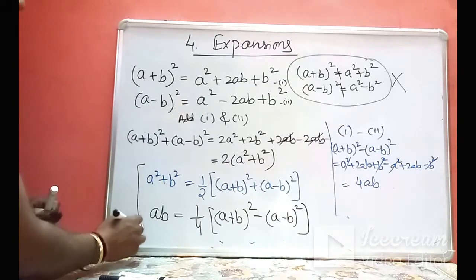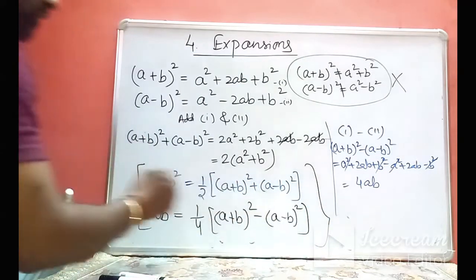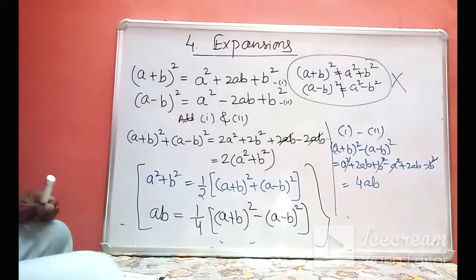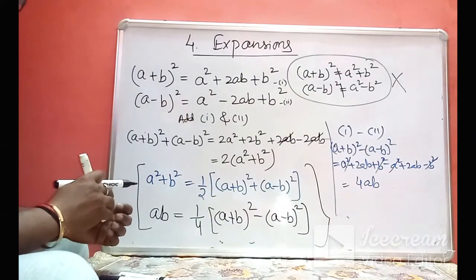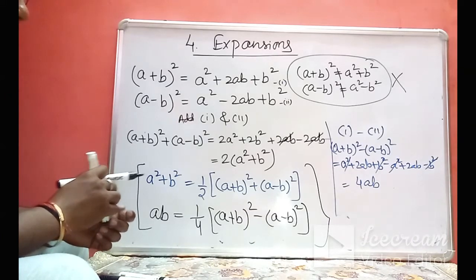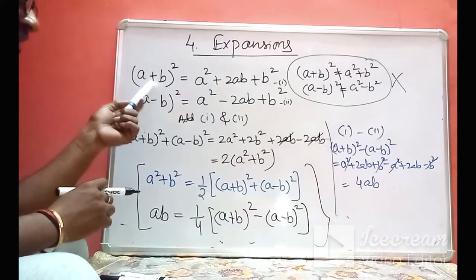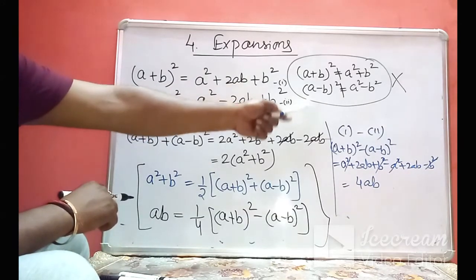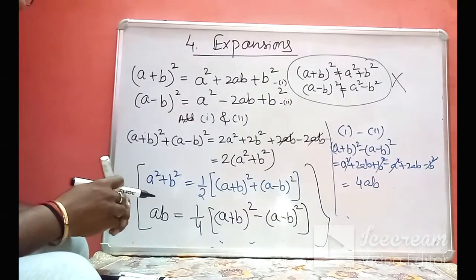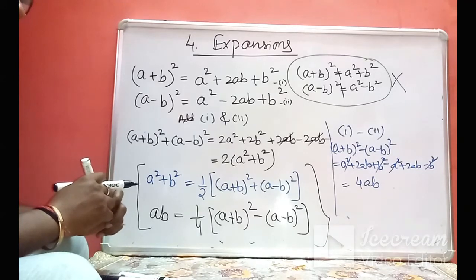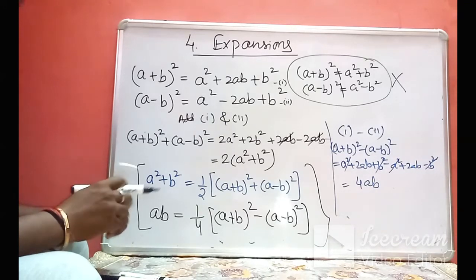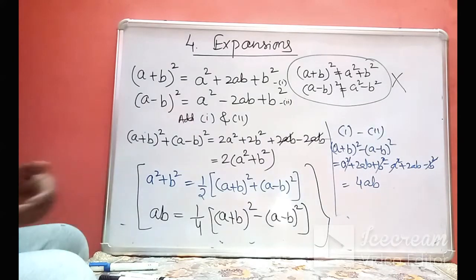So again, these are two very important and useful identities for us, with the help of which we can solve a few questions in a very short period of time. So remember these identities, and do not make these types of mistakes. These are very frequently occurring mistakes, so try to remember as many identities as possible, or just try to manipulate the identities to get the desired results. Now we will solve a few questions based upon these identities, that is, in exercise 4a.